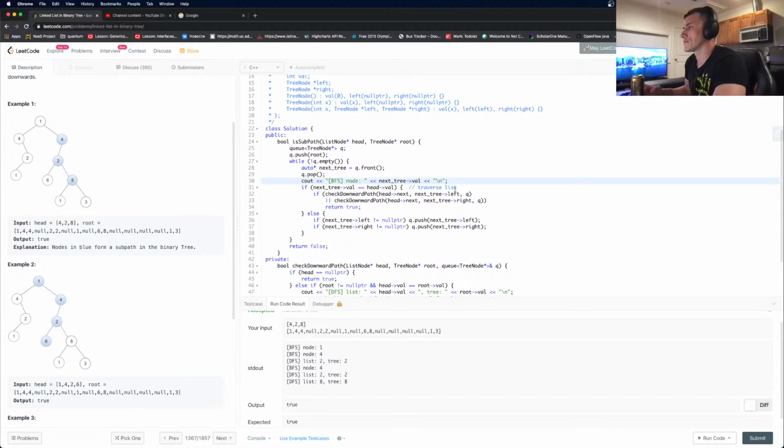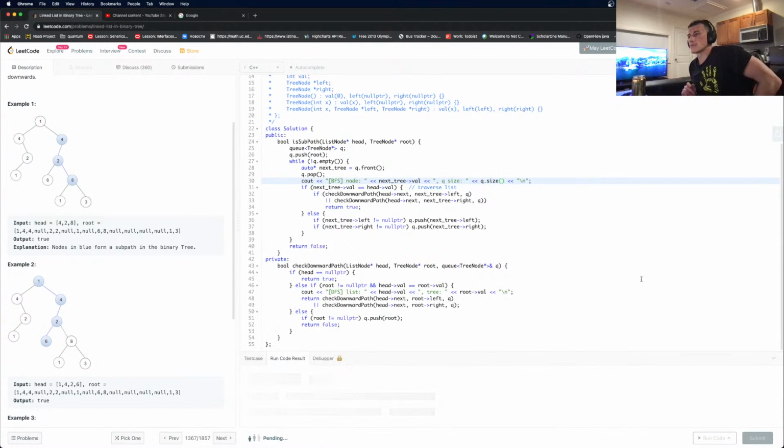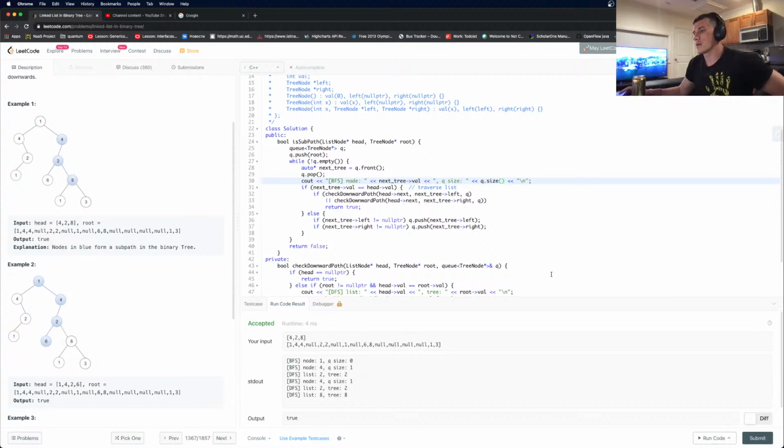Let's also add here just one last check. Queue size, right? Just to make sure we put all elements when it's needed to the queue. So it's 0. So at 4,